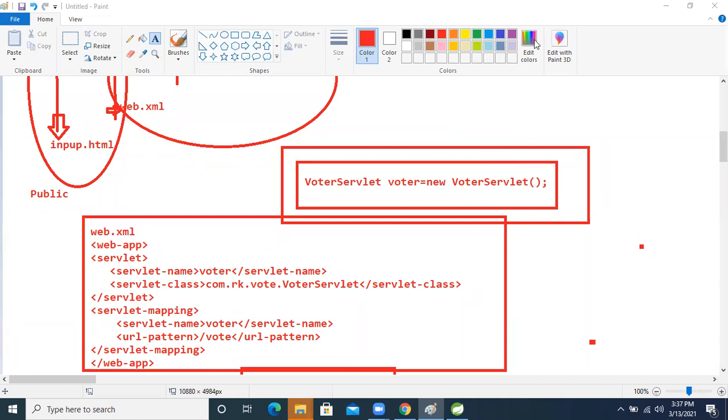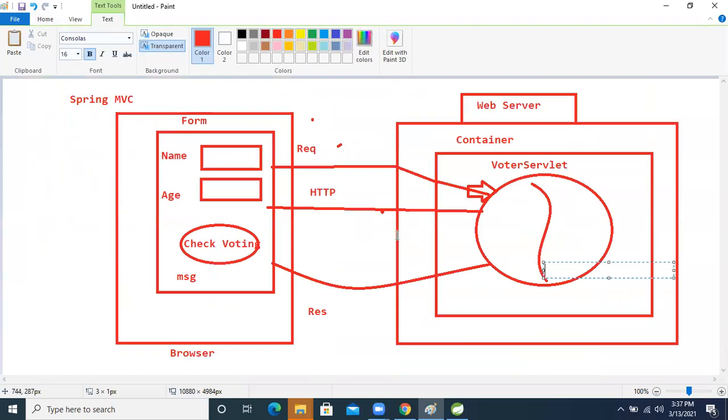I'm not memorizing the things. Whatever reality and whatever my experience is, those things only I'm delivering to you people. Think about that: if I were memorizing, then suddenly in the session I'd be taking your names and other names and preparing the example. Okay, so this is the dynamic programming. Please do the practical on that, and please